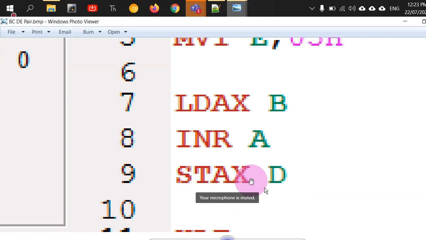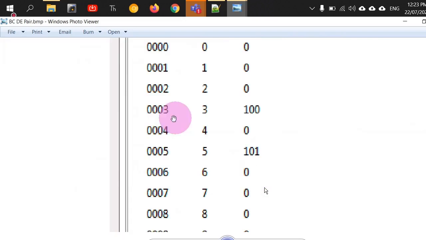Understood? Yes, sir. And sir, why did we increment A? Because that was our intention. We said in the beginning of the program that some data is loaded at 0003. For the sake of illustration, we want to load it inside the microprocessor and add 1 to it to indicate that we can process it. And then after that, we have to store it at 0005, right? So is the program absolutely clear to everyone? And the difference between the HL register pair as pointer and the BC and DE register pairs as not pointers. Is this also clear to everyone?